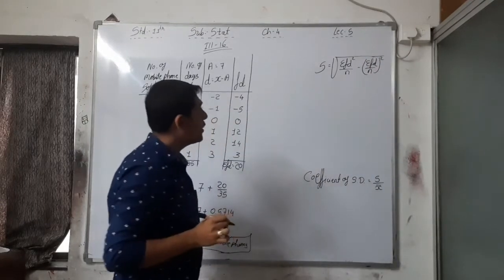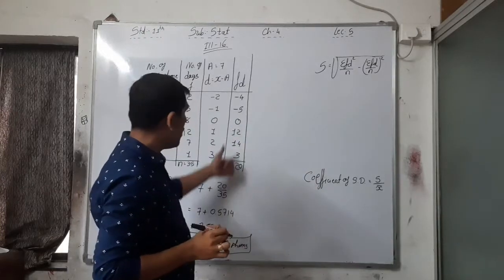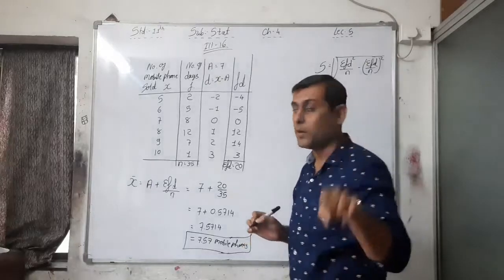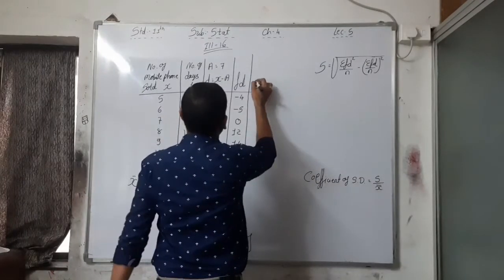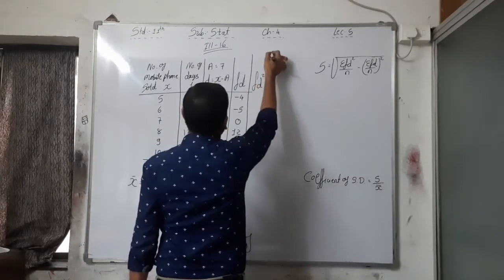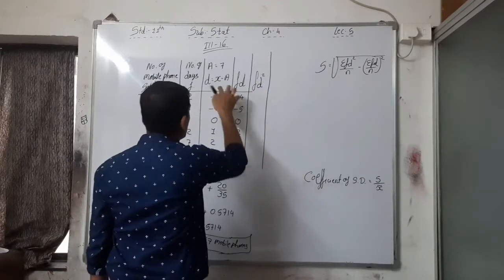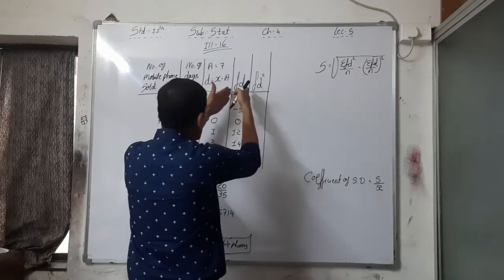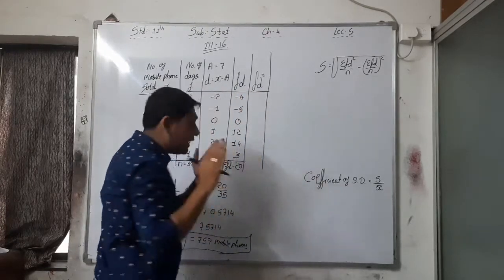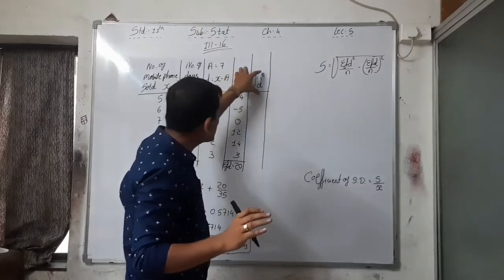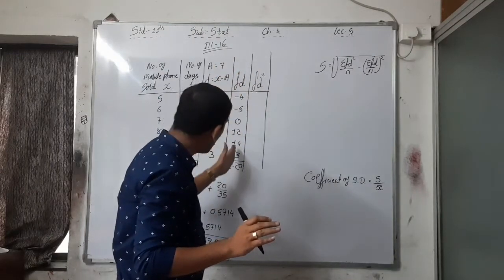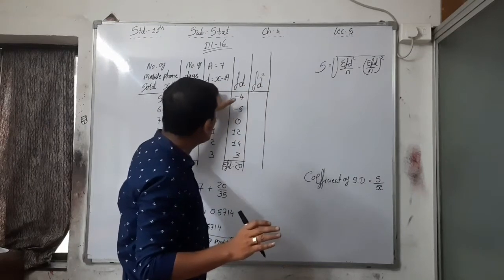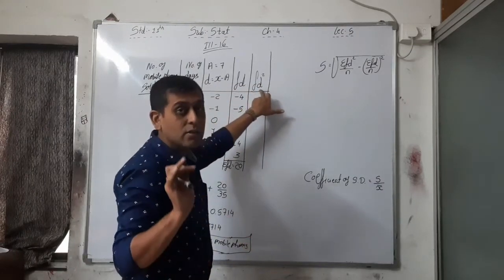Right? So here fd, yes we have, and d, yes we have, but we need only fd square, that is the multiplication of fd with d, f into d square. So just multiplication of these two, that is your answer. See, not the square of the fd column. Please keep in mind that fd square means not the square of this column, only d square. So fd into d, that is your fd square.